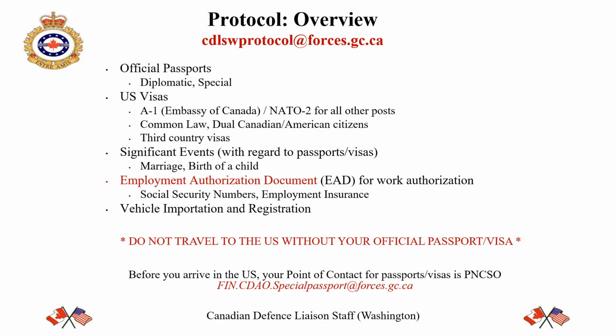Employment Authorization Documents, also known as EADs, are the bulk of Protocol's workload. An EAD is a card issued by USCIS to enable dependents of A, G, and NATO visa holders to work in the US during the member's posting. Working in the US without authorization may lead to severe negative consequences such as Department of Homeland Security terminating your immigration status, being barred from adjusting status to lawful permanent residence, Department of Homeland Security removing you from the U.S., as well as the possible loss of privileges and immunities.